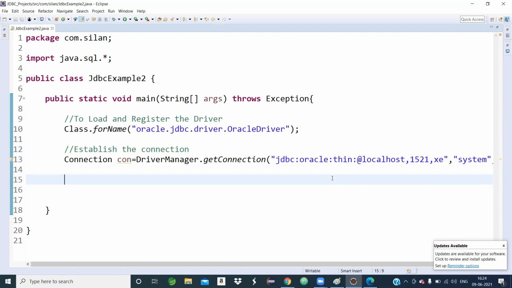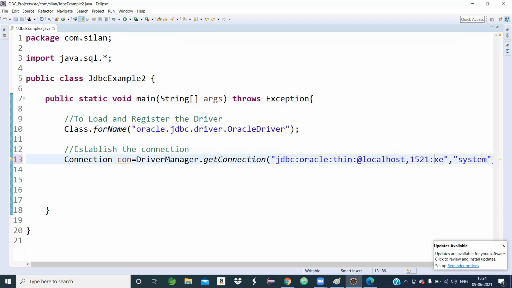So when the getConnection method is invoked by the DriverManager class, we get a Connection object, or it returns a Connection object.